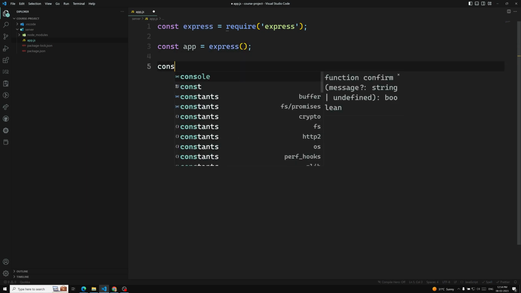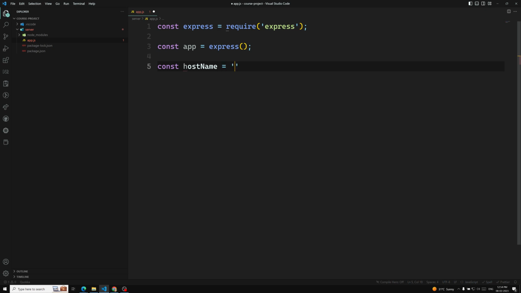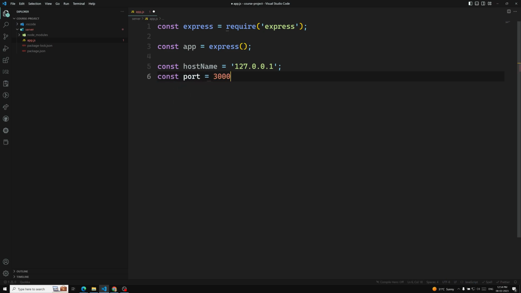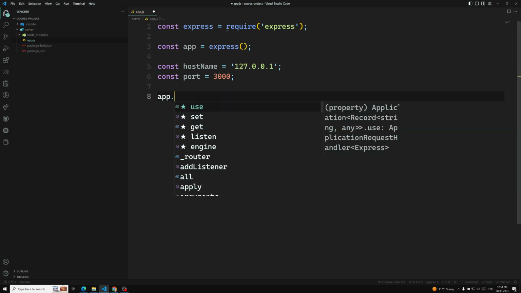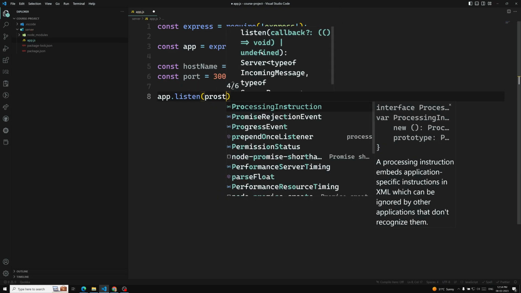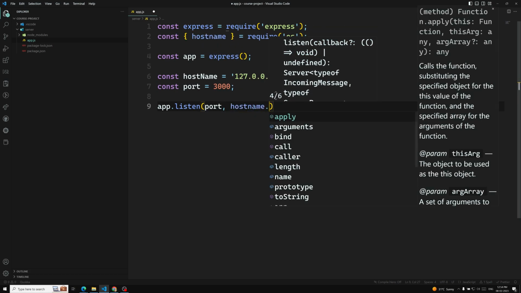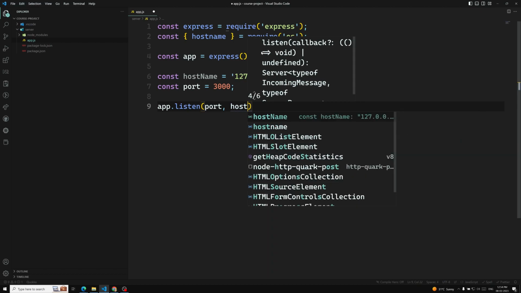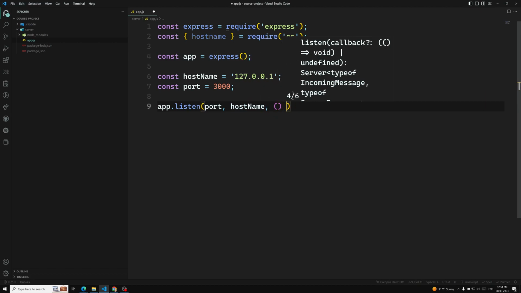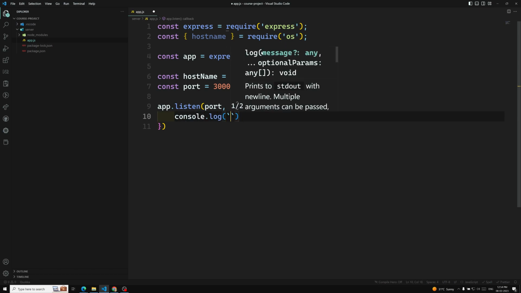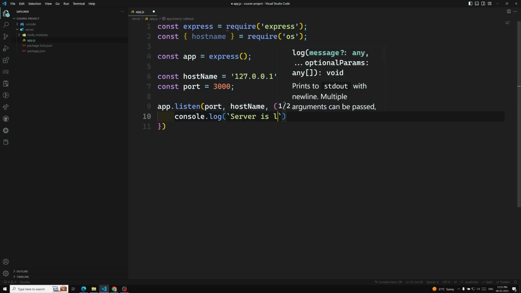Now we need to have a host name. Host name is equal to 127.0.0.1, which is nothing but localhost, and the constant port you can have, that is nothing but 3000. Now app.listen to the port, sorry, to the port and also to the host name. Oh sorry, this is wrong, host name. So when it is successfully listening, we will do console.log server is listening